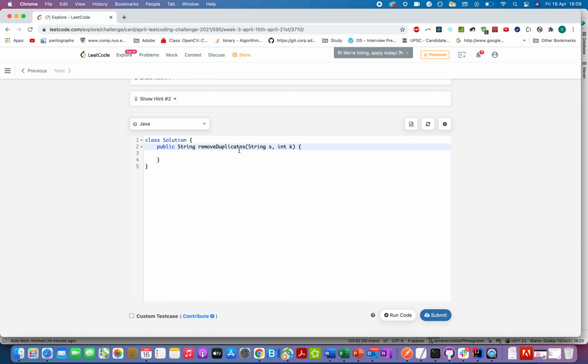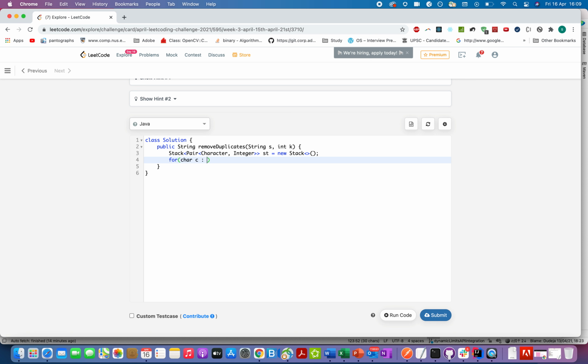So let me just create the stack, and it will have two things in it. So I'll create a pair, and the first part of the pair would be a character, comma, integer. And next I'm gonna iterate over the string.